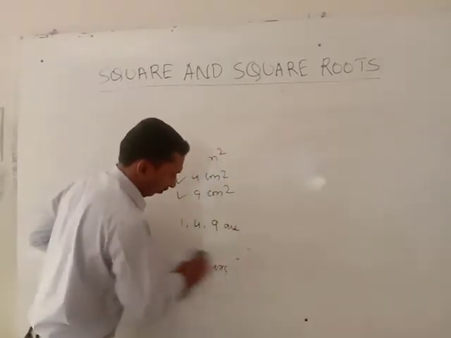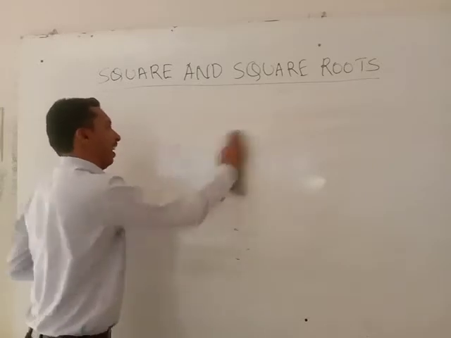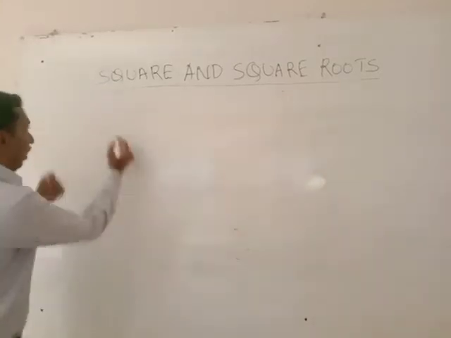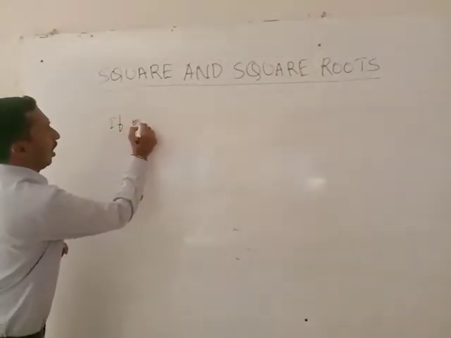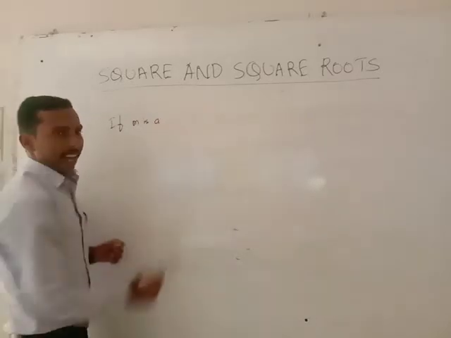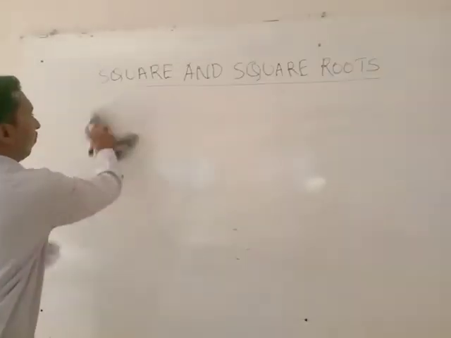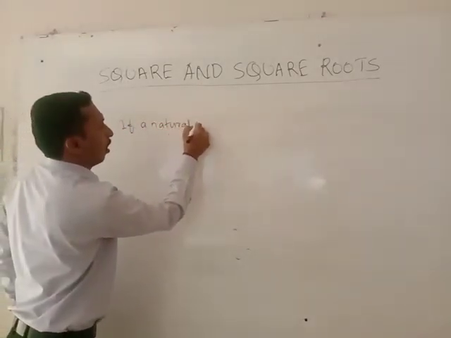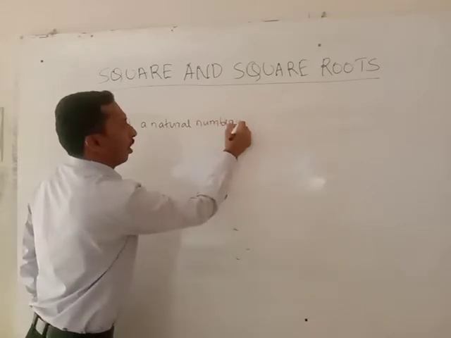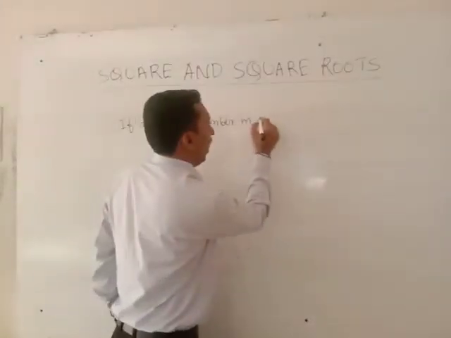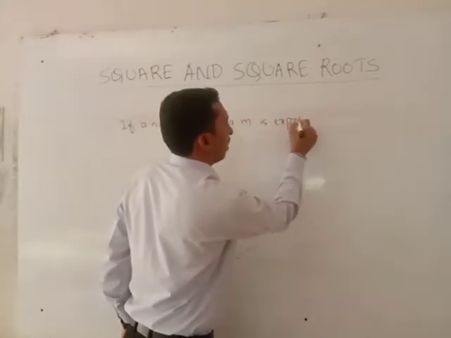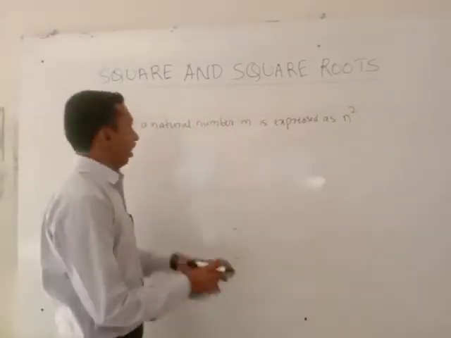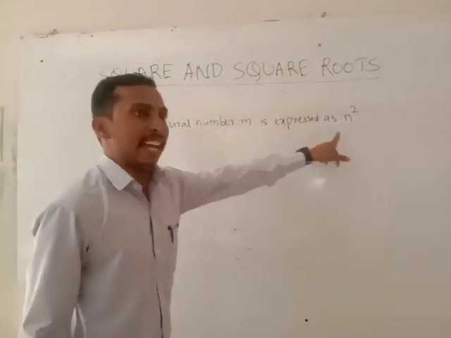Dear students, so you know 1, 4 and 9 are square numbers. Then can you define the square numbers? So if m is a natural number, if a natural number m is expressed as n square. If a natural number m is expressed as n square,